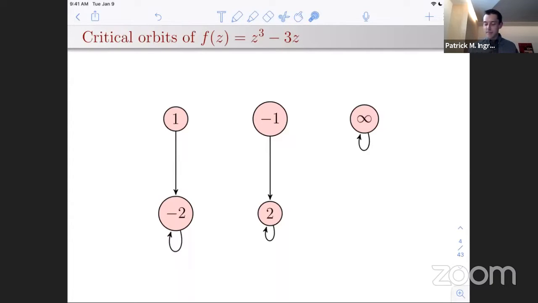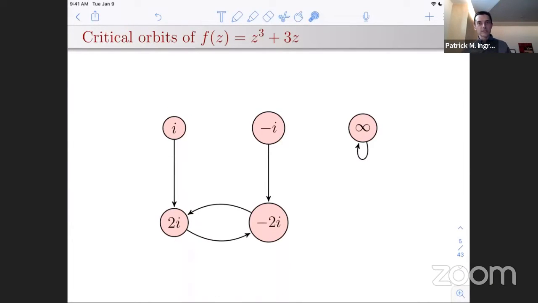Another simple example, a very similar looking polynomial, but just slightly different behavior. One thing I should mention is that the fact that these values are different isn't particularly interesting. When we're talking about dynamics, we usually think up to change of variables. So of course I could change the variables and make these three values pretty much anything I wanted by doing an automorphism of P1. But the actual directed graph here is different, and that's a coordinate-free invariant. So those two examples are fundamentally different.